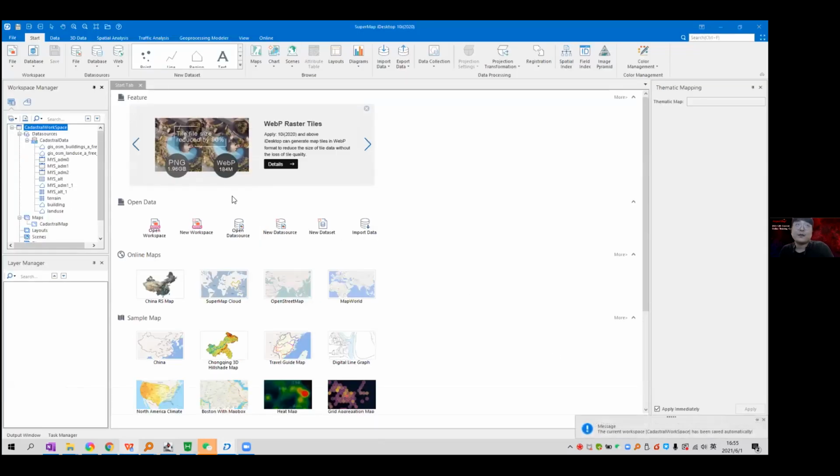And save. Okay, now we already saved it. We can go to Supermap iServer to publish it. So for Supermap iServer,